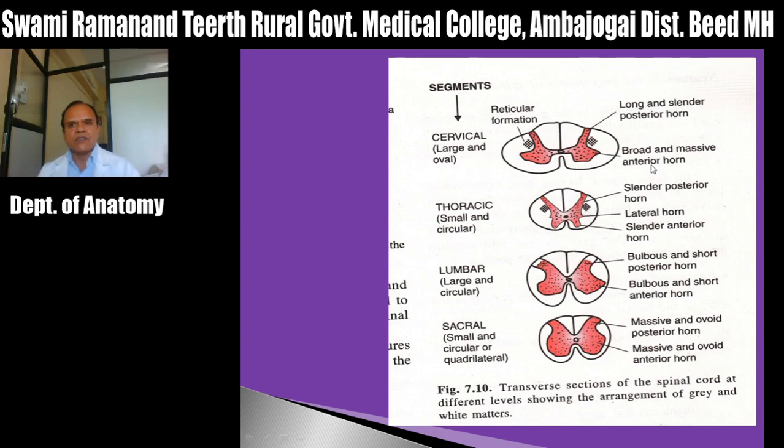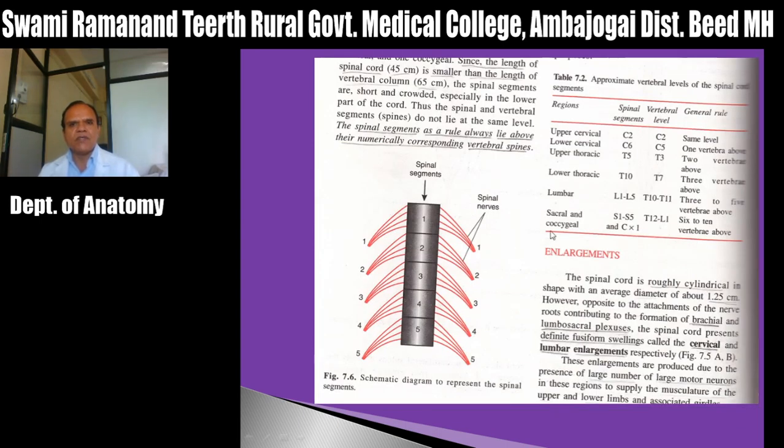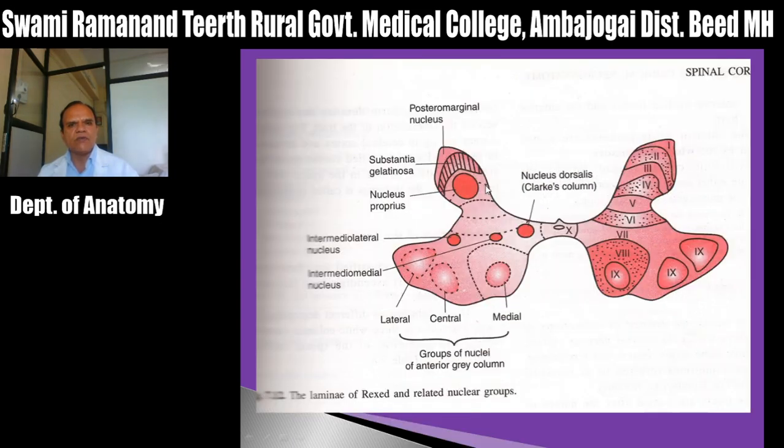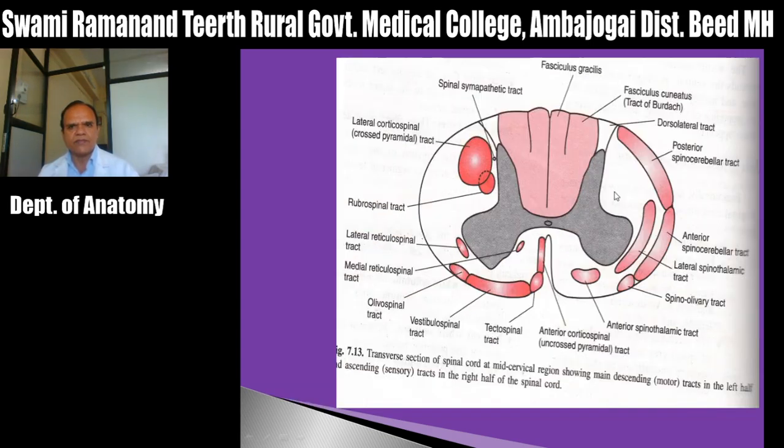These are the cut sections of the spinal cord. Now we have already seen the spinal nerves and spinal segments, and their relations. Now these are the internal features of the spinal cord and the nuclei, and how they aggregate. Nuclei are nothing but aggregations of neurons. The Rexed lamellae are shown on one side, and the arrangement of the nuclei on the other side. There are 10 lamellae, and this shows how they are arranged when you correlate the nuclei with the lamellae.